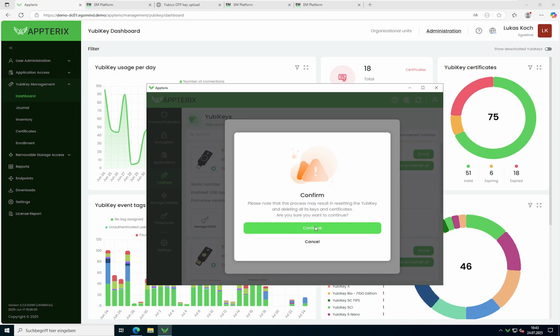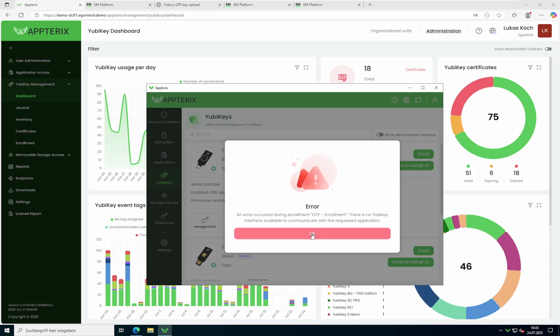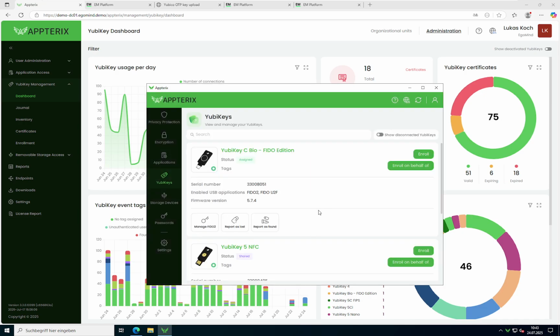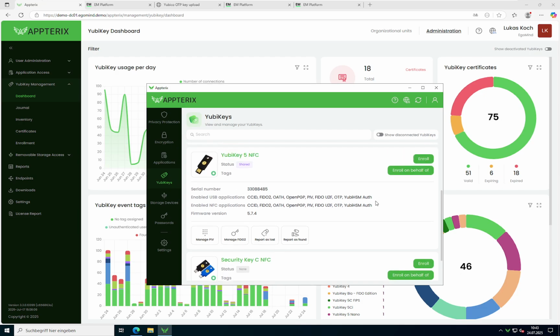Then I click on Confirm, and now the OTP enrollment can be done, but this YubiKey does not have the capabilities of OTP. Let's select another one which has the OTP functionalities, like the YubiKey 5 NFC. Here we can see OTP is available, and let's click on enroll or enroll on behalf, because this user, Lukas